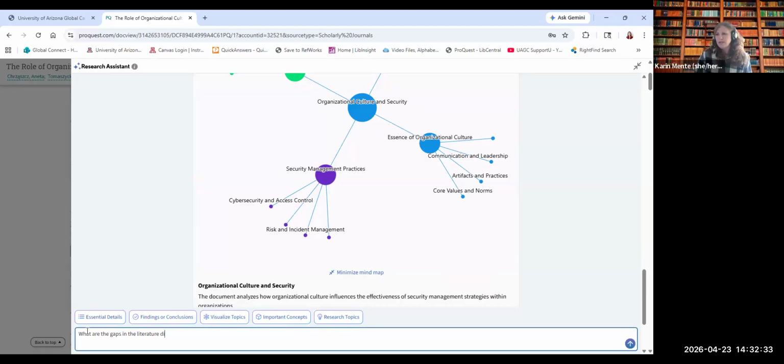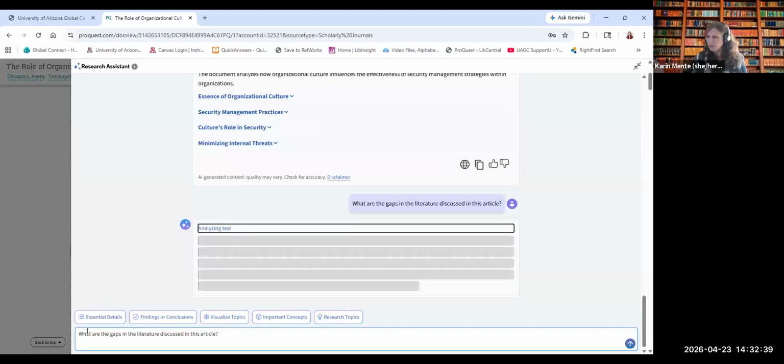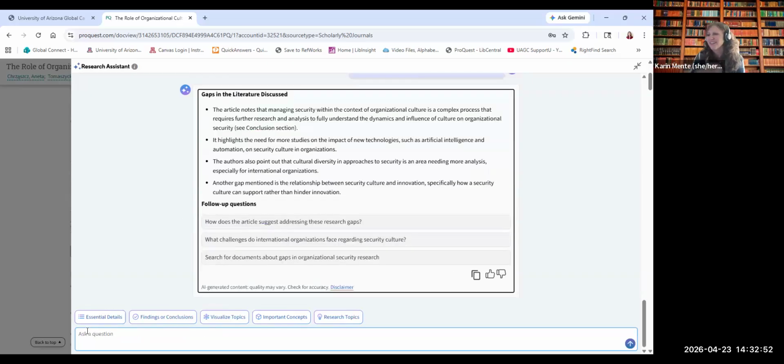Discussed in this article. And sometimes it takes a little while, just a warning. Especially if you ask it a question, it takes time. It's analyzing a response, but it's just a really different way to, I love it. Mind blown. Yes, I agree. It's really fun to play around with.